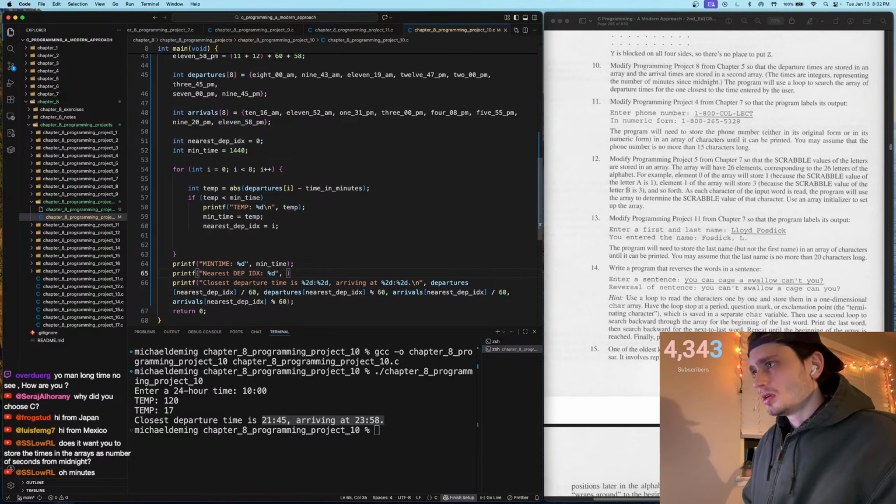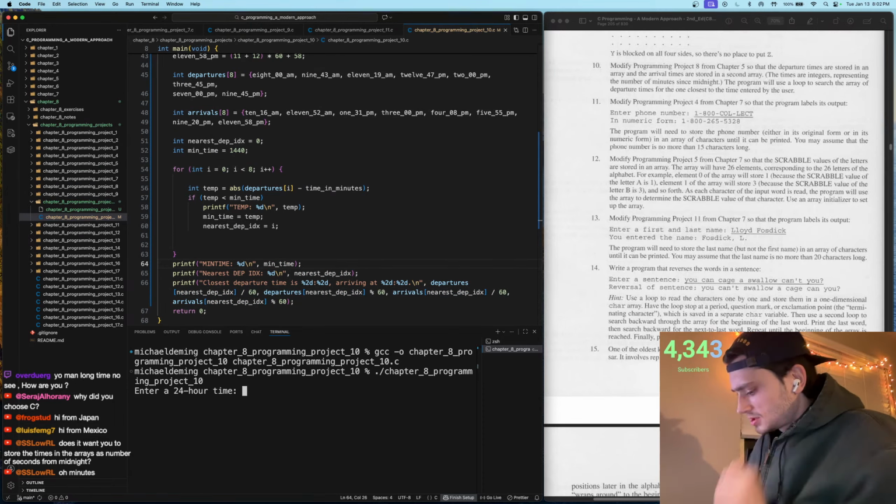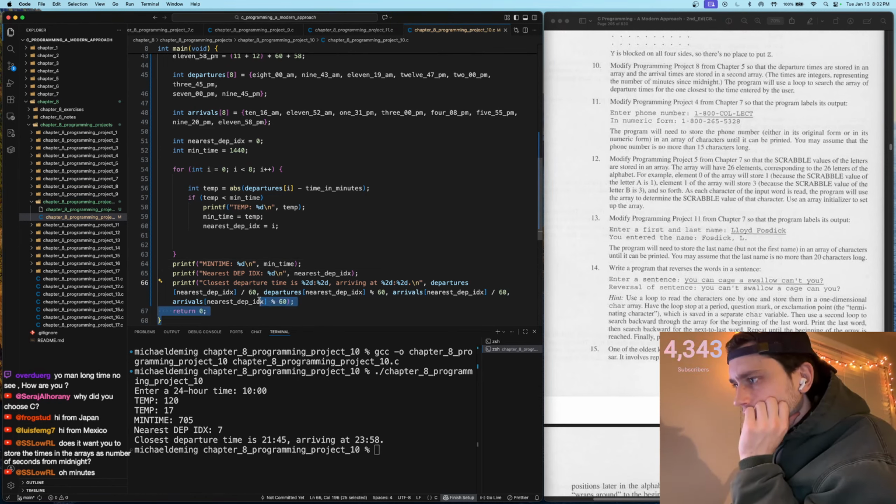And then we'll put in the nearest departure index, I guess. And let's see how this looks. (10 a.m.) So yeah, it's looping all the way to the end, and the minimum time is 7:05,